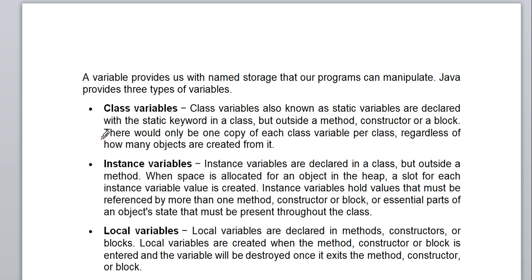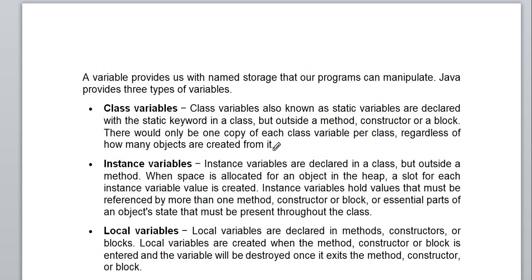So what is the purpose of using the class variable? There would only be one copy of each class variable per class. According to the declaration, a class variable has only one copy with respect to a class, regardless of how many objects are created from it. As you know, we are able to create different objects from the class. For every object, the same value of this class variable will be associated.